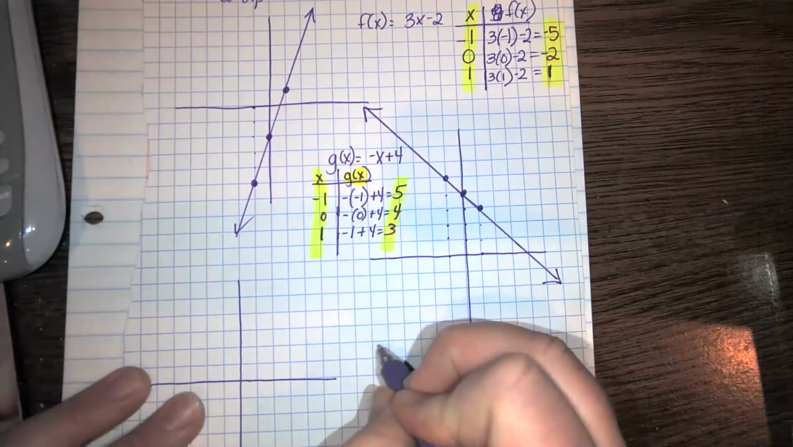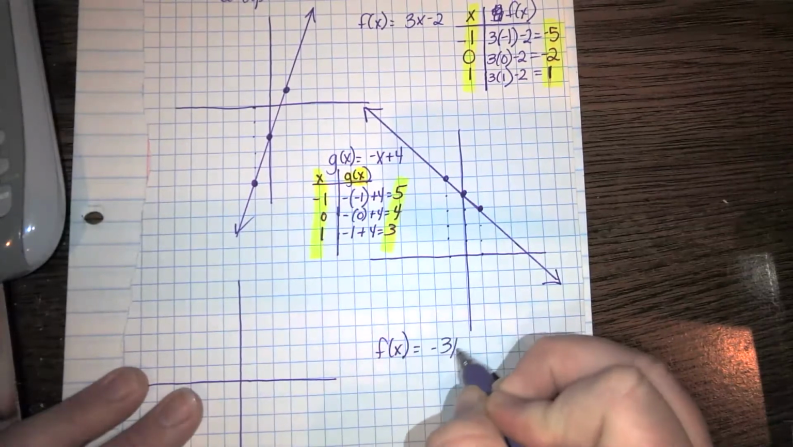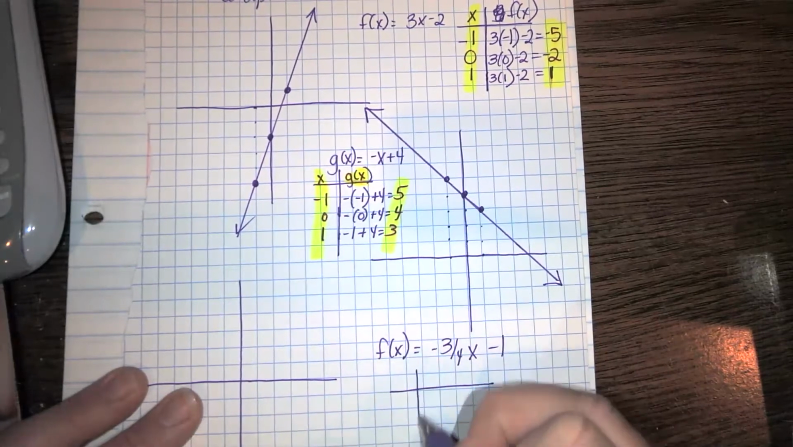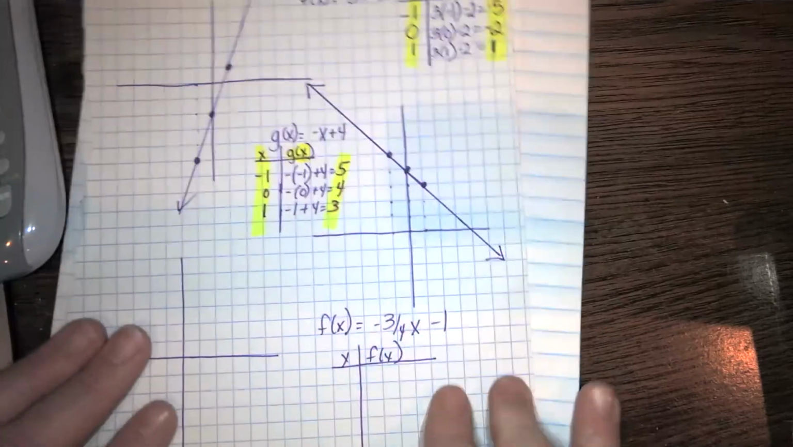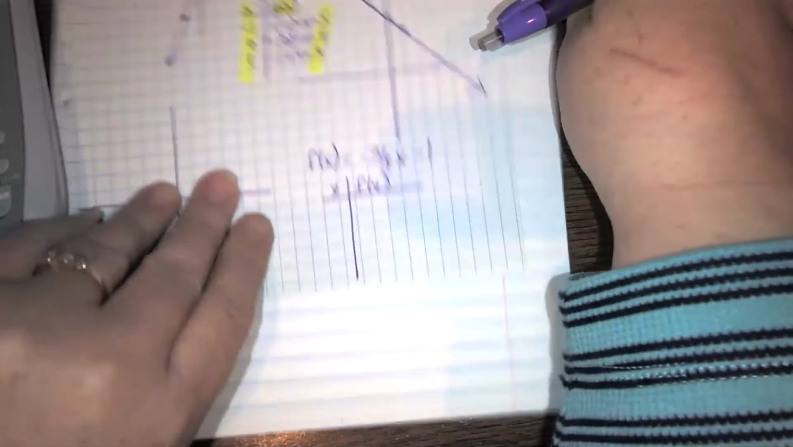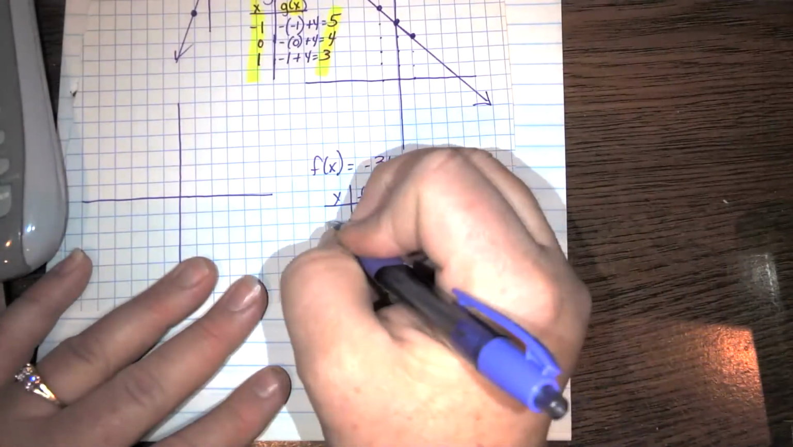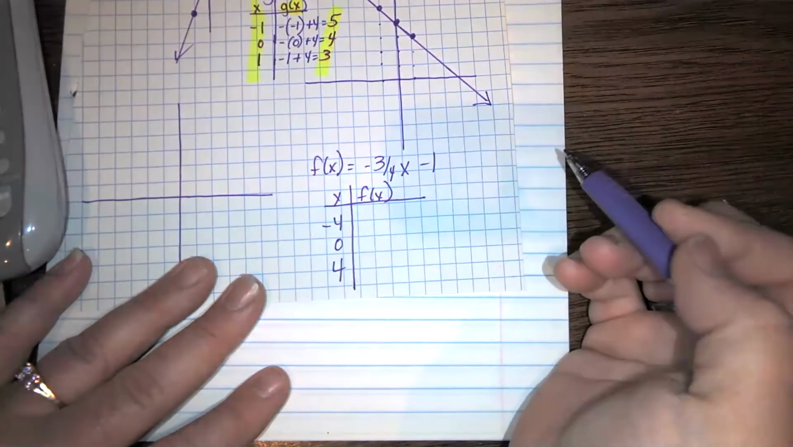All right, last one. You knew it was coming. I'm going to use f of x, -3/4 x minus 1. X and f of x. All right, I'm going to use the same ones. Or do you want to use something different? You know what? Let's use something different. Let's use -4, 0, and 4. Here's why. And I'm going to show you,